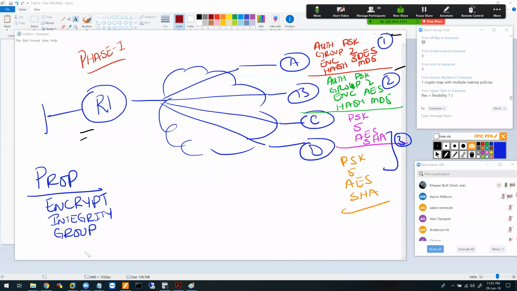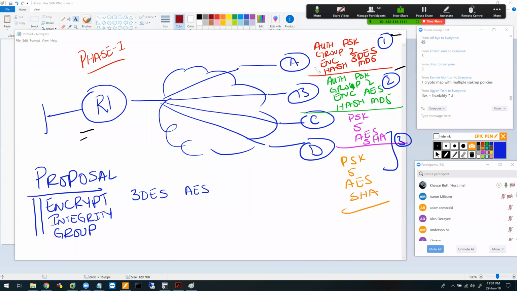The authentication, pre-shared key or PKI, is done differently at a different place, but in my proposal I have these 3 parameters. In the proposal, I have the ability to specify that I want to use encryption as triple DES or AES,